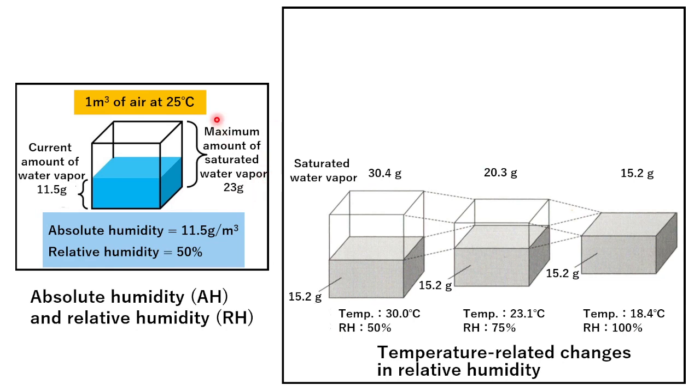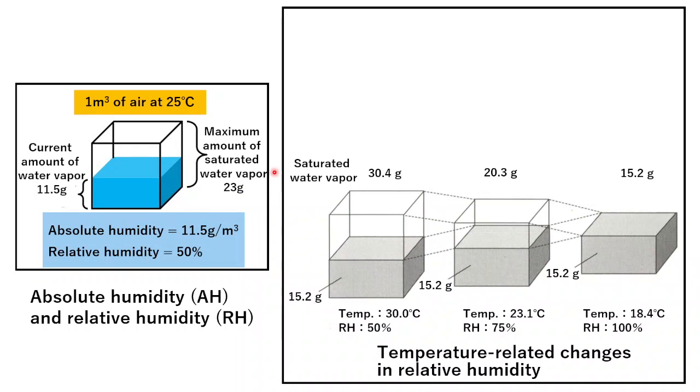For example, atmosphere at 25 degrees can contain up to about 23 grams of water in 1 cubic meter, in which 23 grams means the amount of saturated water vapor. If 11.5 grams of water exists as the absolute humidity in the current 1 cubic meter, what is the relative humidity as the percentage containing moisture? The answer will be 50%. In other words, relative humidity represents the degree of wetness of the air at the time.